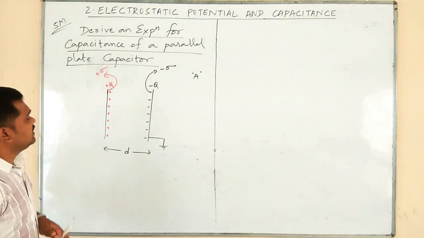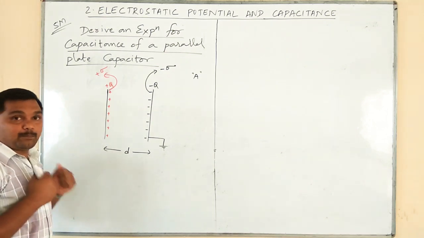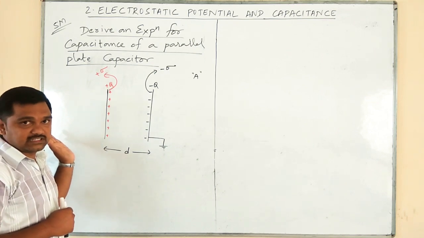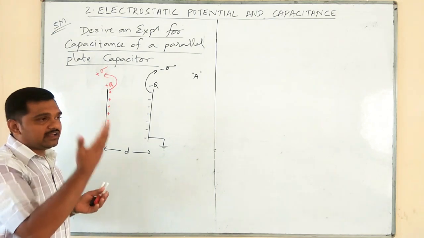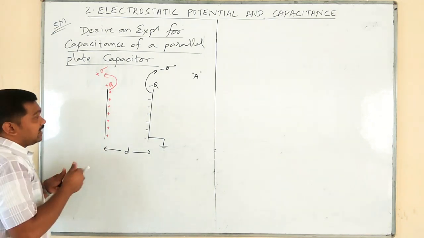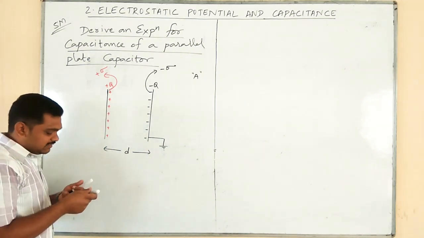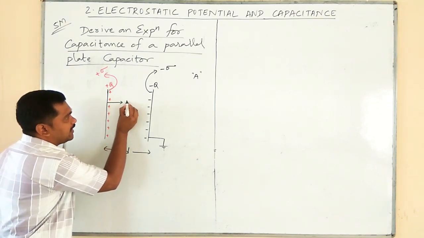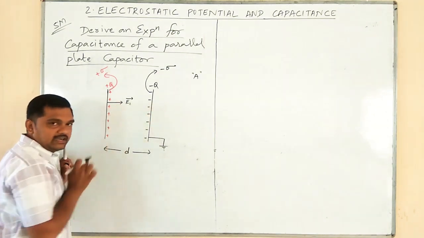Now, you know the concept of electric field due to a plate. So, in the final derivation of first chapter, that is derive an expression for electric intensity at a point due to an infinitely charged plane sheet. According to that concept, since it is a positively charged plate, the direction of electric field will be outwards from it, and I will call this as E1 vector. It is from positive to negative.